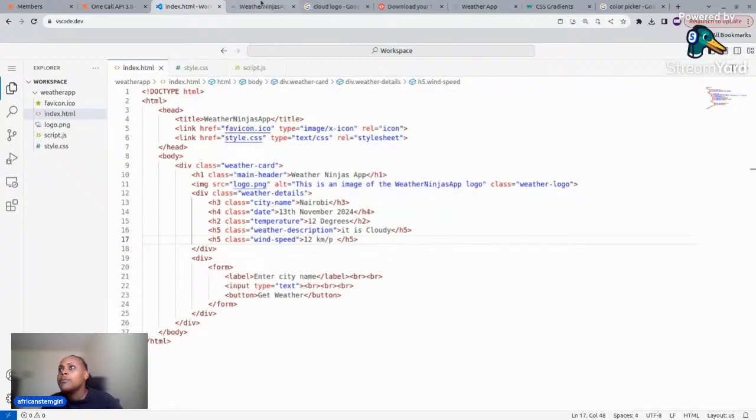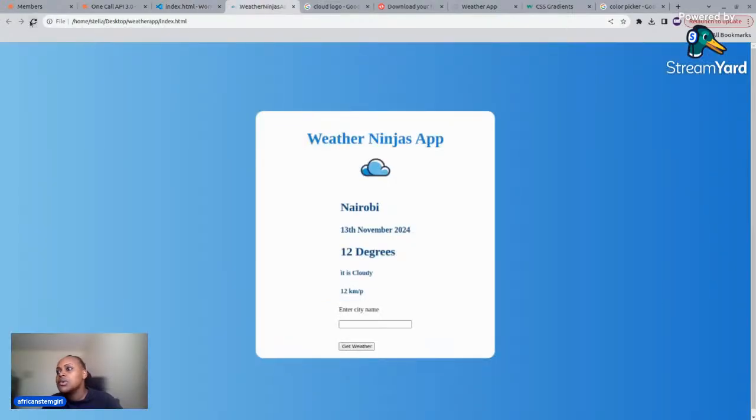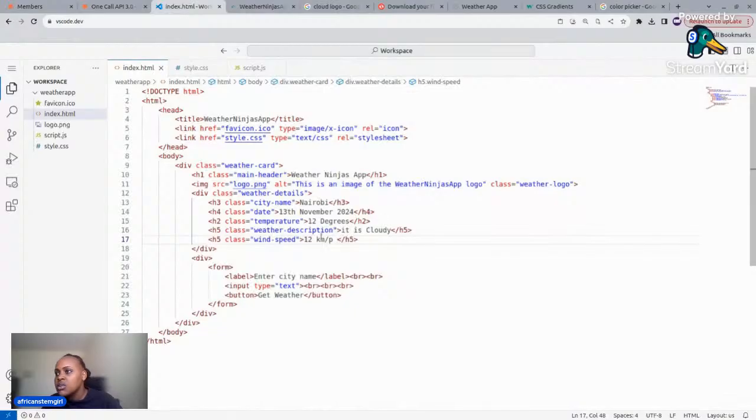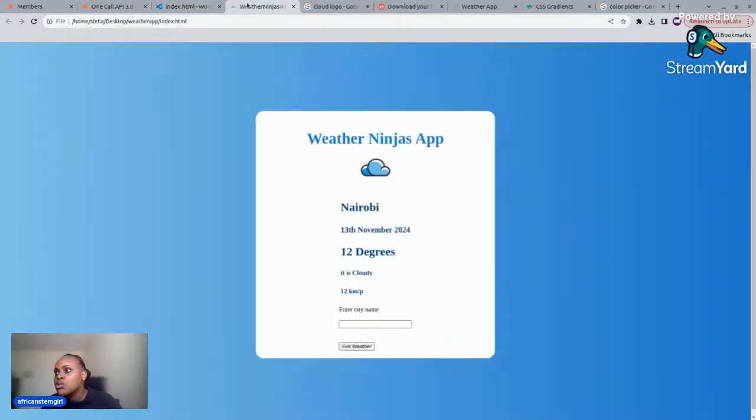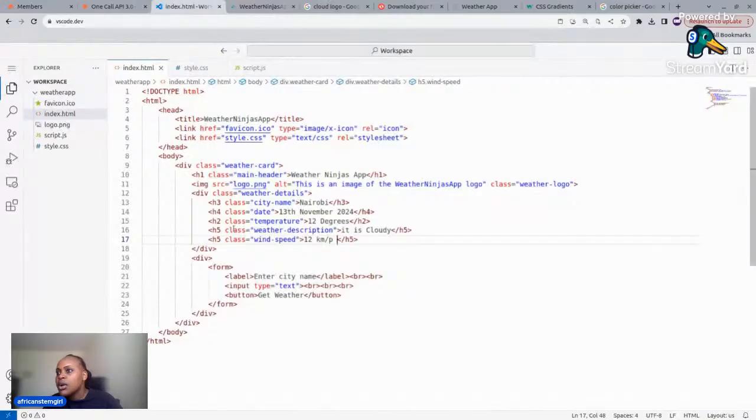Okay, so how is it looking now? Okay, so maybe we can have, so the text will definitely change, so there is no need of worrying too much about that. Even this, the text in here, it will change. So right now it's just about how it's looking. So this can be also, the temperature is bigger than even the city name. Let me make the city name to be an H2. And the temperature, the dates can be,